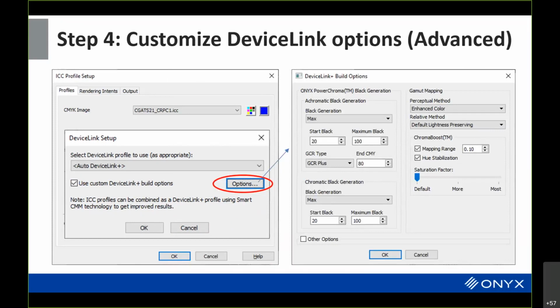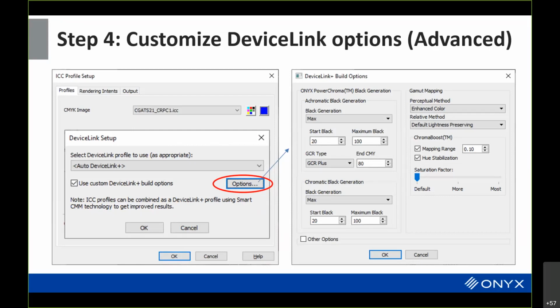Once you've selected the auto device link options and you turn on the use custom build options, then you go to the device link build options, and you can set those options. Now we're setting these options for this profile, for the profile usage. In a quick set, you could potentially set the black generation for CMYK images different from CMYK graphics, or different from RGB images.